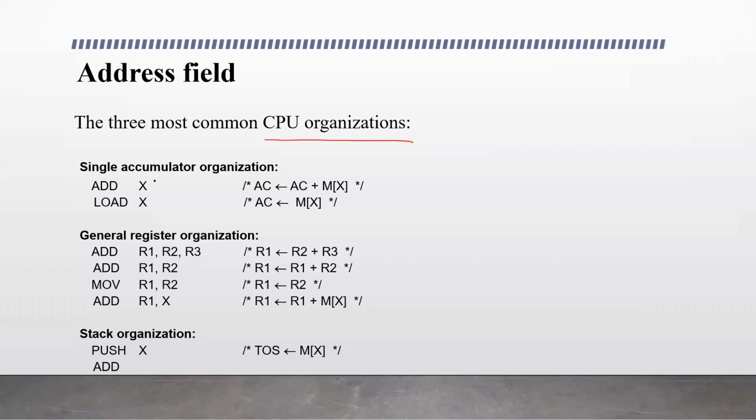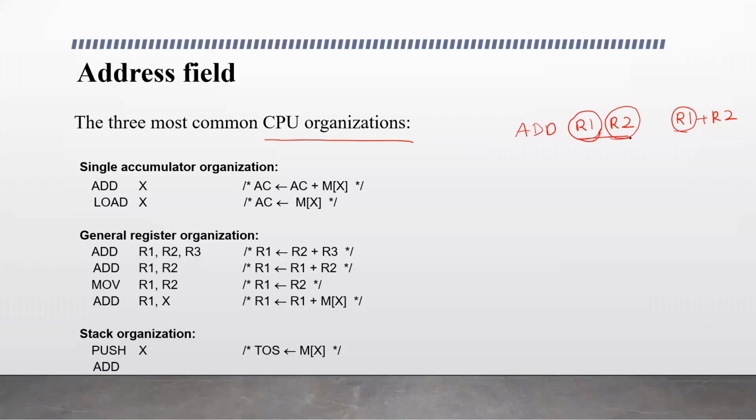Like, suppose we write the instruction add R1, R2. The meaning of this instruction is to add the contents of registers R1 and R2, so R1 plus R2, and the result will be stored in R1. That is the meaning of this instruction. Here we are specifying explicitly: the first register is R1 and the second data is in R2.